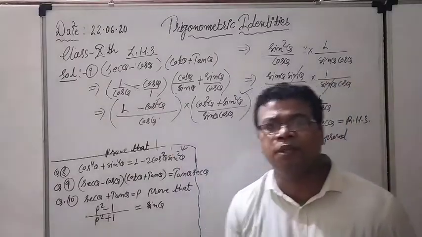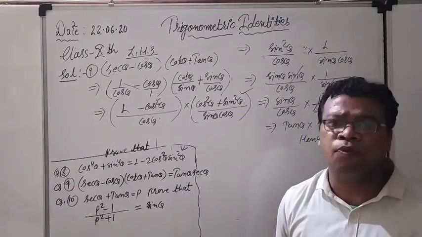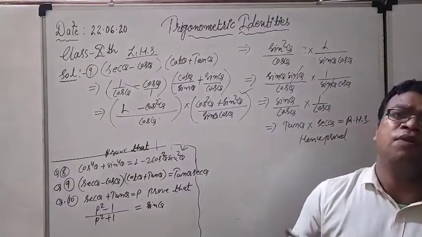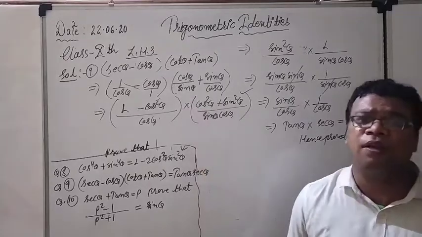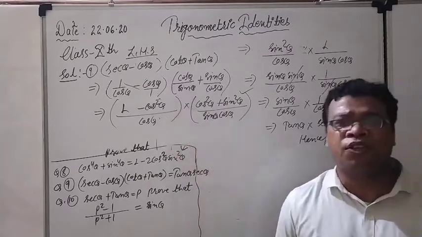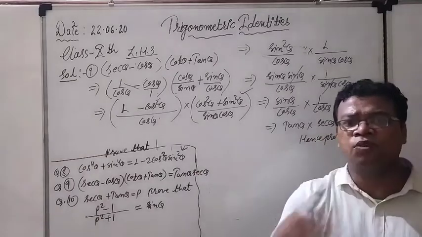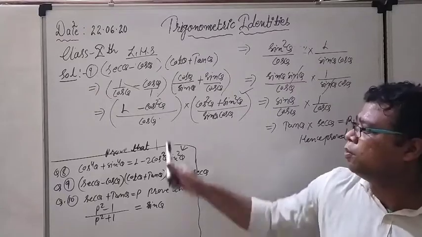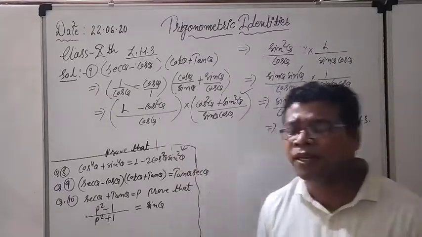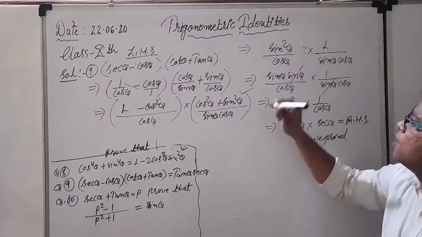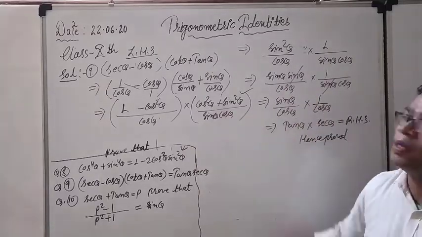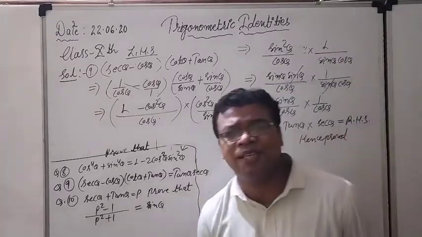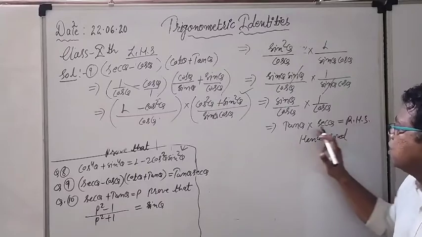Only conversion: whenever sec theta comes, convert it in the form of cos. If tan theta is coming, convert it in the form of sin upon cos. If cot theta is coming, convert it in the form of cos upon sin, and after that it is simple. This is coming in the form of fractions, so how to solve fractions? Only cross multiplication of the numerators and denominators respectively, and then direct multiplication of both denominators. Same thing I have done. Some identities will become 1 minus cos square theta, which gives sin square theta, and cos square theta plus sin square theta is going to be 1. Same thing I have done, and after simple calculation and cancellation, we have got our result tan theta into sec theta.